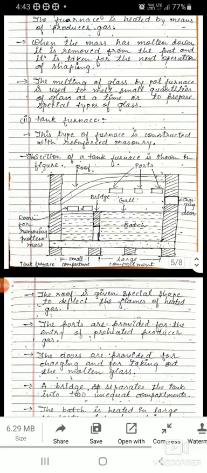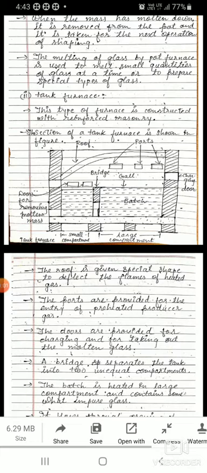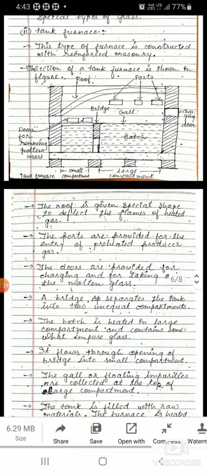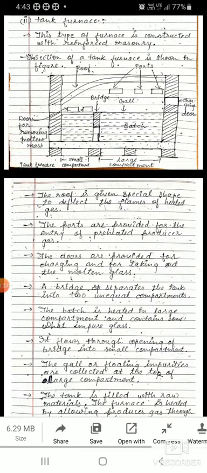Now we see the tank furnace. Here you can see its figure. This is the section of the tank furnace which is shown in this figure. This type of furnace is constructed with reinforced masonry. The roof is given a special shape to deflect the flames of heated gas. You can see the special shape in the figure. The roof is somewhat like